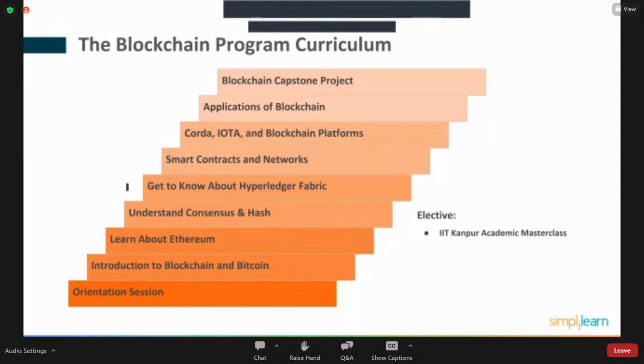Consensus is all about the very nature of the blockchain, why it is so unique: everything is distributed in nature. The data gets distributed across all the nodes, and that is happening because of the consensus, or understanding, between all the nodes in the network. So we'll get to know the different types of consensus mechanisms and protocols as part of understanding consensus and the hashing mechanism. Just wanted to add that.